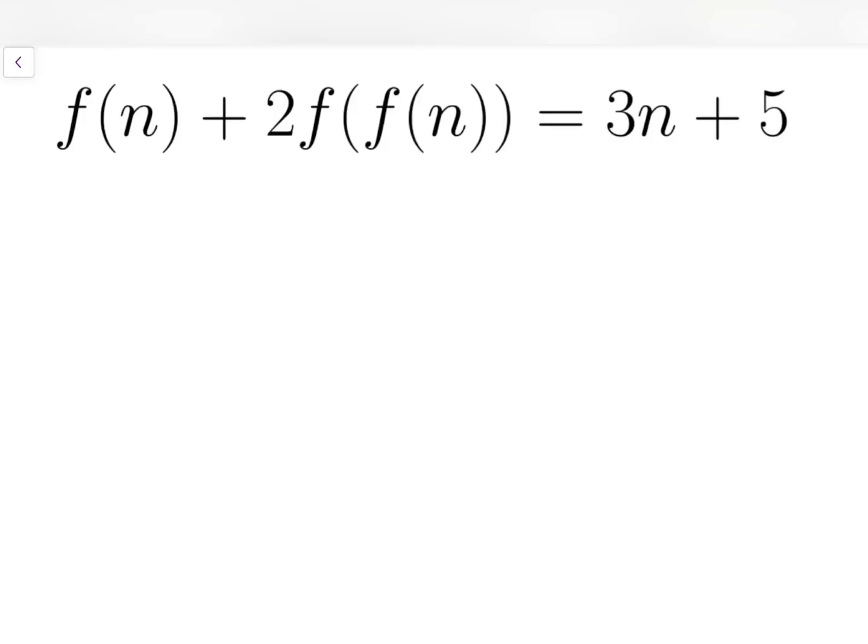While most functional equations require a lot of creativity and skills in problem solving, such as finding whether functions are, for example, injective, surjective, bijective, and putting in some very complicated substitutions, this functional equation only requires the most elementary knowledge. In fact, we can find out what functions can satisfy this functional equation only by plugging in the smallest positive integers. For example, when n equals 1,